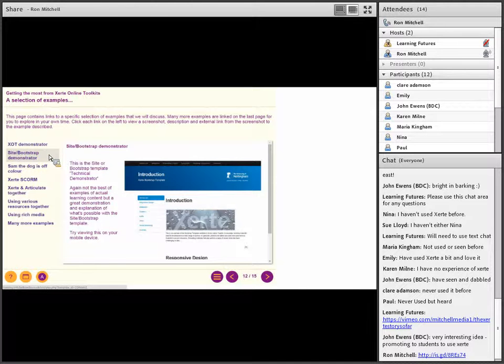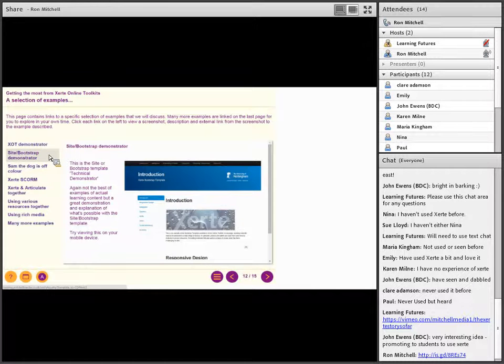And if you want to do that, then Xerte is a fantastic tool, not just the Bootstrap template, the main template as well, for providing the kind of mobile compatible, mobile friendly content that you would do in a content type app, rather than an app that taps into the functionality of the device.